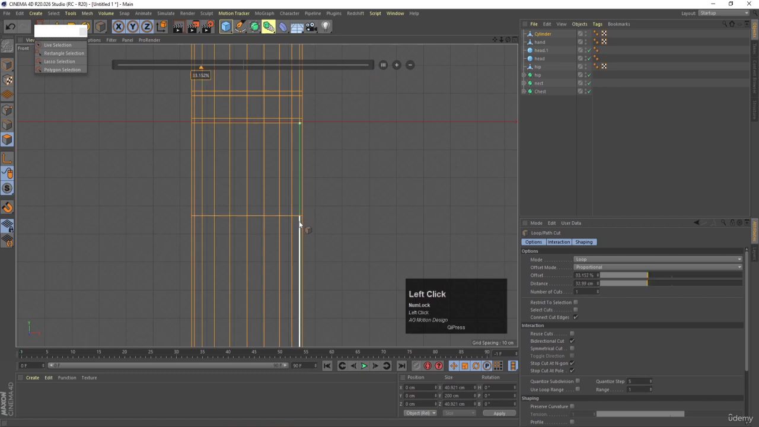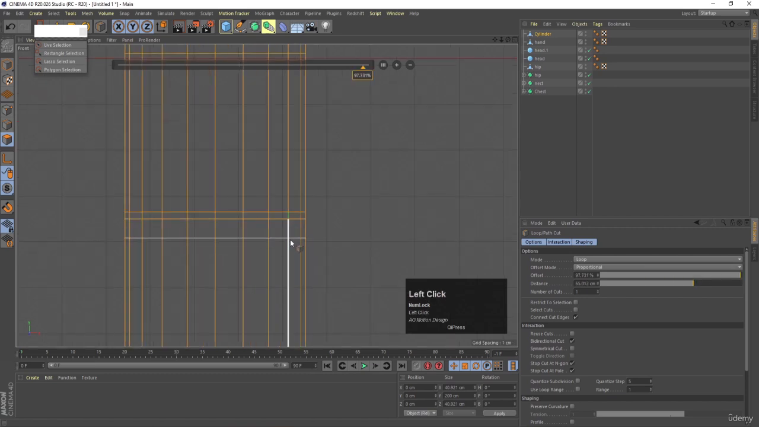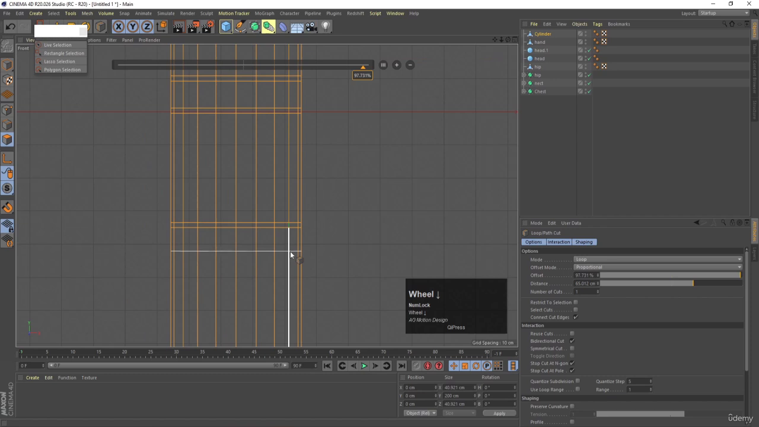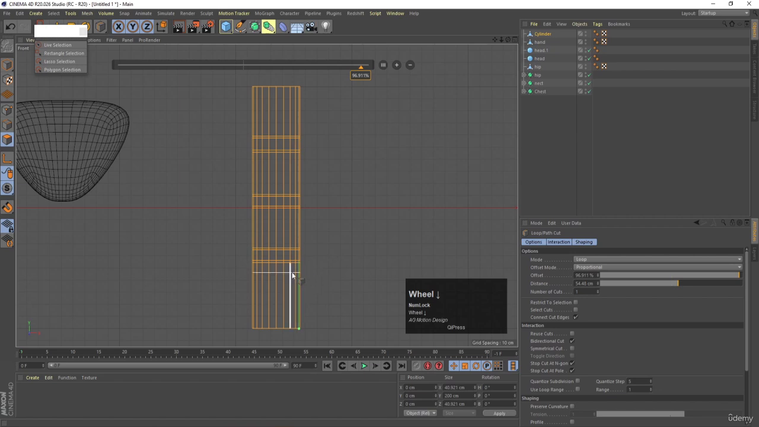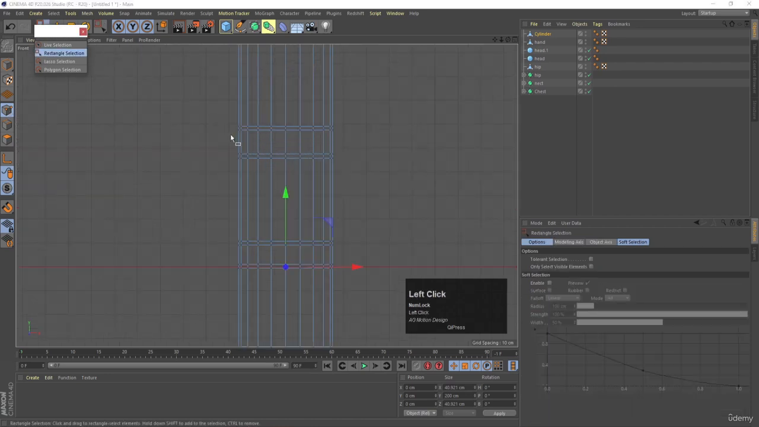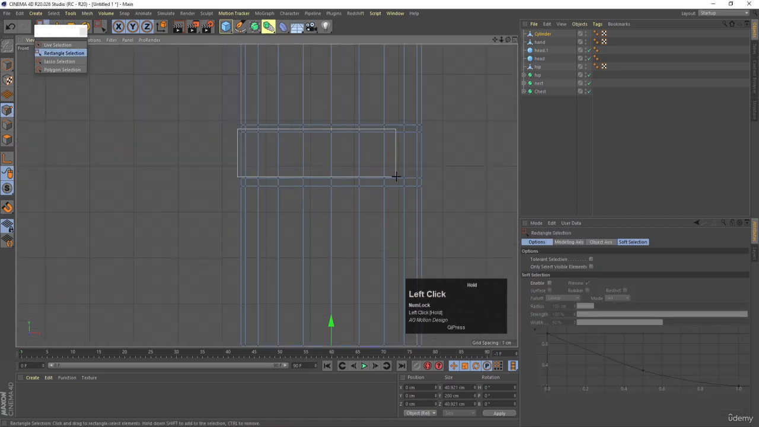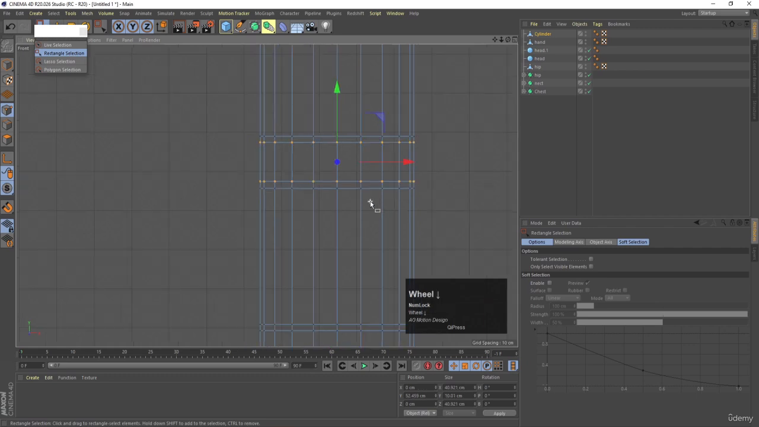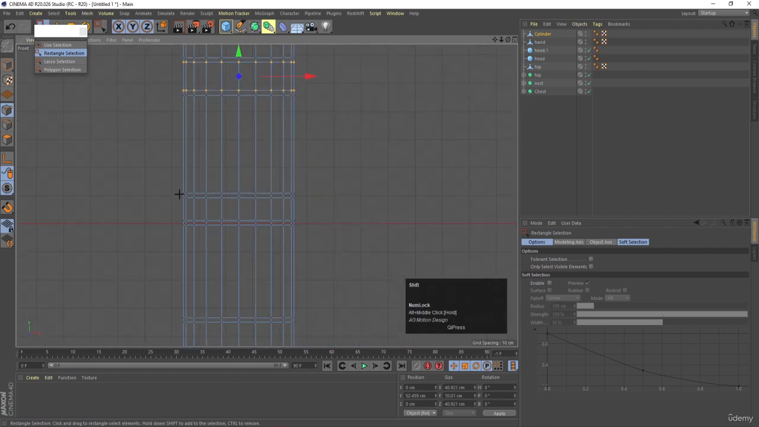One point, one point, one point, and one point. Okay, so basically our main portion is done. Now I'll select these points, and what I'm going to do, I'm going to select my rectangle selection. I'll select this much points, then select this point by holding shift,